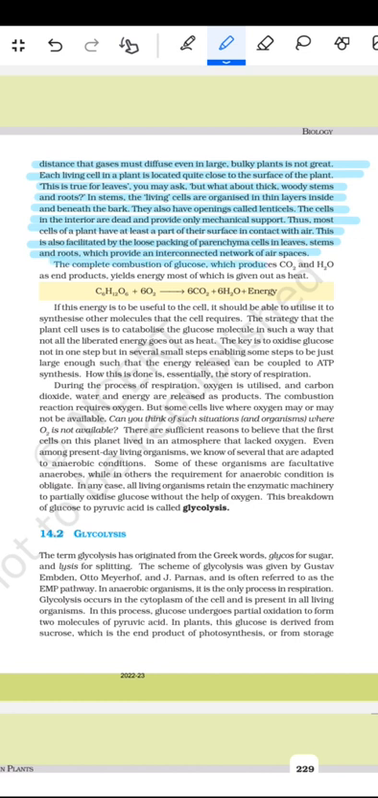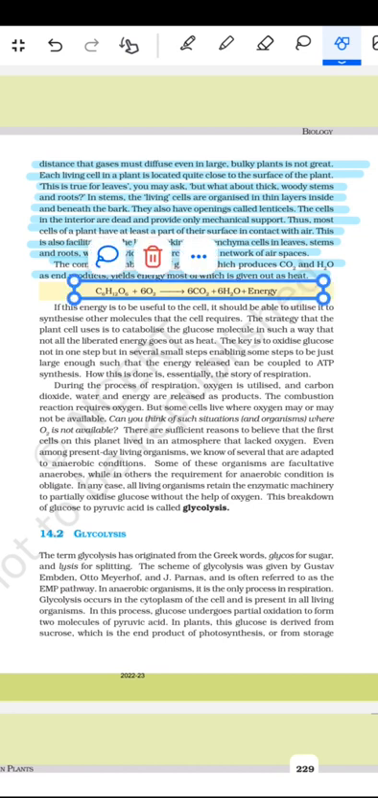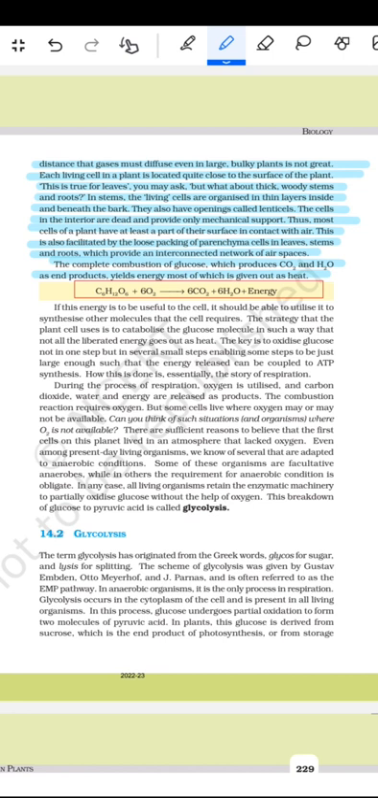The complete combustion of glucose to CO2 and H2O as the end products yields energy, most of which is given out as heat. So here it comes: C6H12O6 plus 6 O2 gives 6 CO2 plus 6 H2O plus energy. Then it says that if this energy is to be useful to the cell, it should